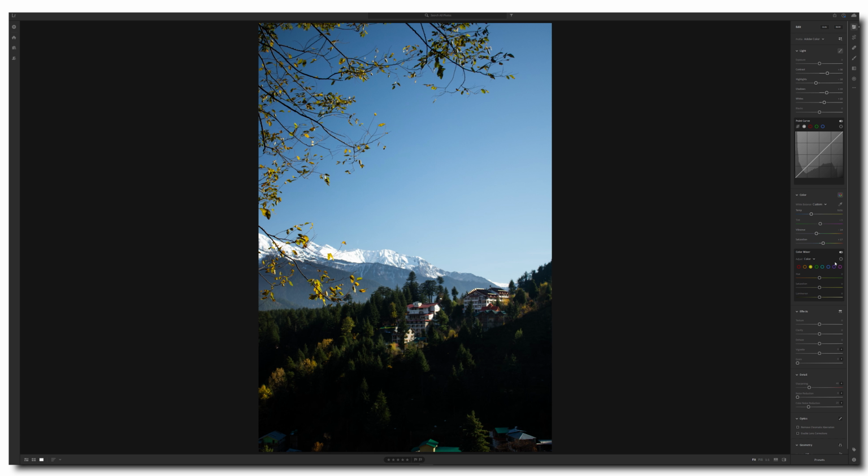Then what we're going to do is go to the texture again, reduce the texture a little bit and increase the clarity. A lot of people seem to think that 100 clarity makes your pictures look good, but in honesty they just make your pictures look extremely amateur. So make sure to avoid that. We're just going to put a little bit of clarity, and then dehazing is something that you again can do,